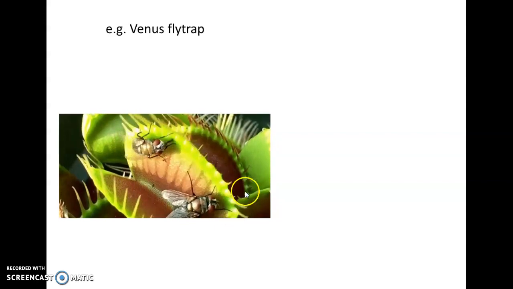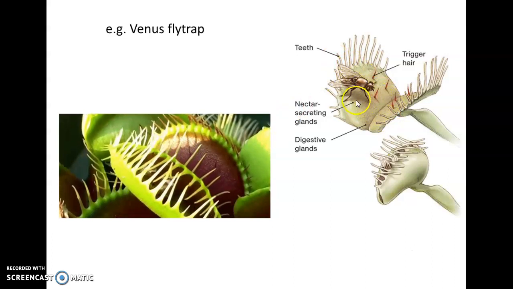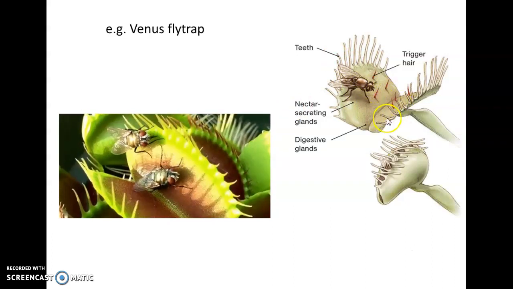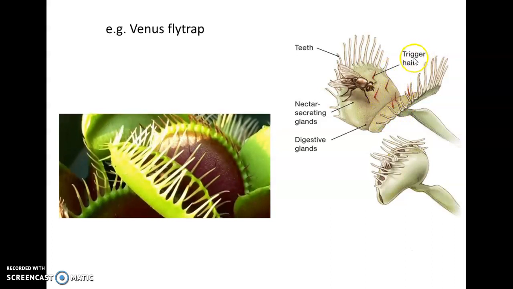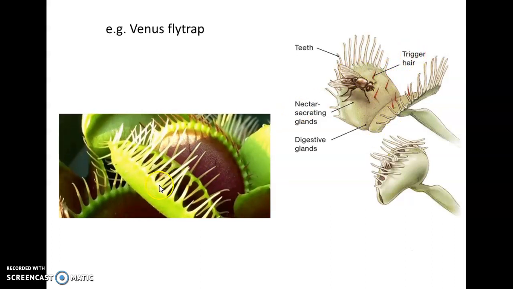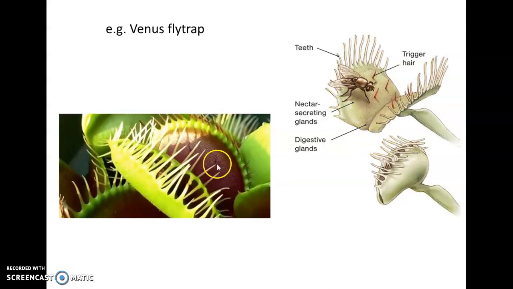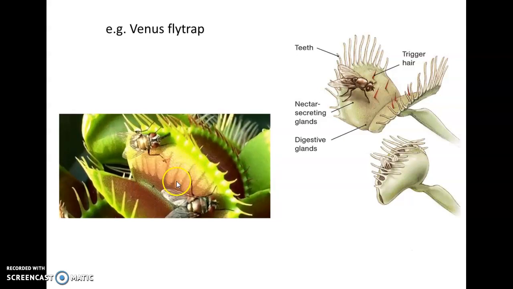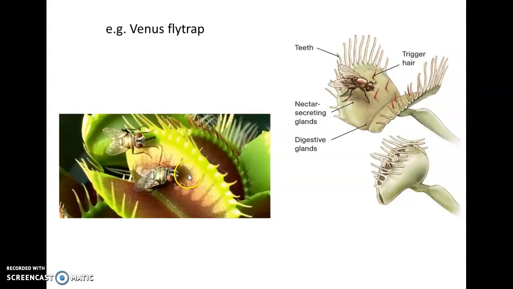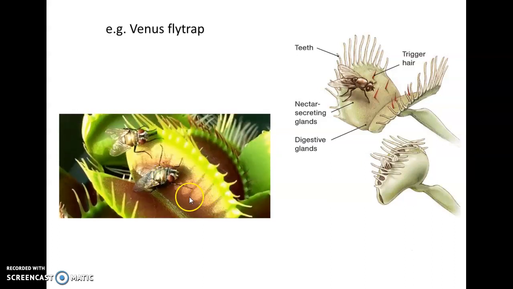Next example is Venus flytrap. So the Venus flytrap is a rootless insectivorous plant. Each plant has two lobes. The upper surface of the leaf has sensitive trigger hairs with the digestive glands. When an insect touches the hair, the two lobes bend immediately. You can see here the two lobes bend immediately. The lobes open only after the digestion is completed with the help of digestive fluid secreted from the glands.